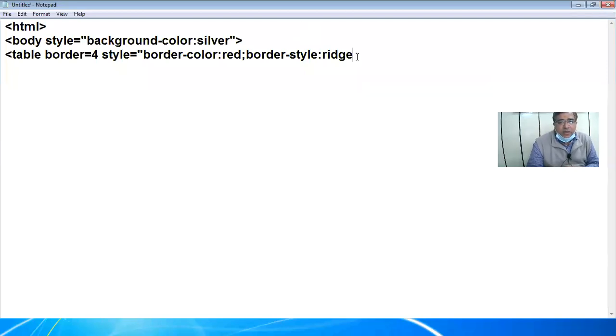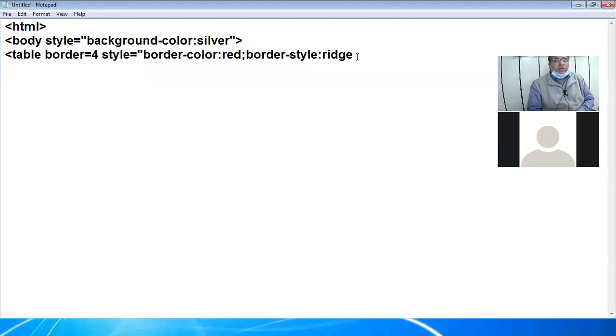Okay. Now, one new property today I'm going to teach you that can also help you in doing formatting. Outline property. You have border. Don't confuse outline with border. You create a border around the table, yes or no? Yes, sir.